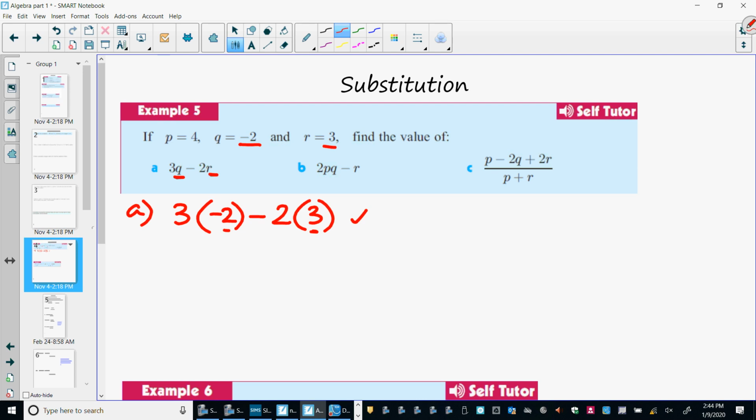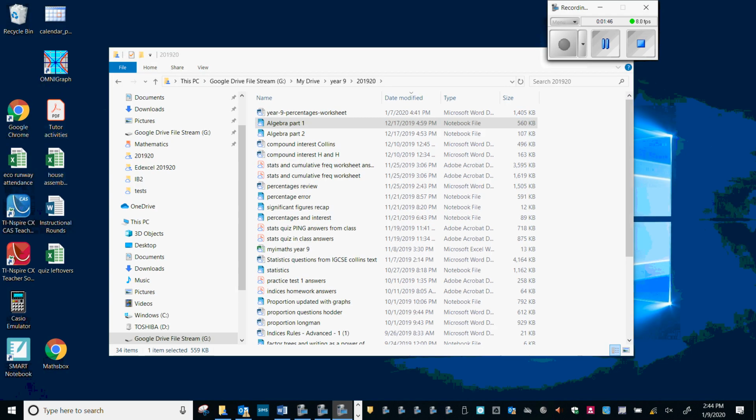And then all you need to do is to use your calculator and input it exactly the way you see it. Remember that these being next to each other, what is happening to them? They're being multiplied. Your calculator will know that. So if you had 3 open bracket, -2 close bracket, 2 bracket 3, your calculator knows that you're multiplying. Now, something you need to be careful of